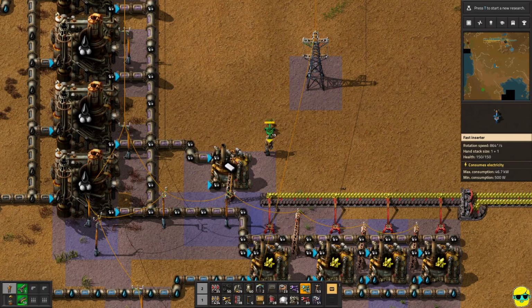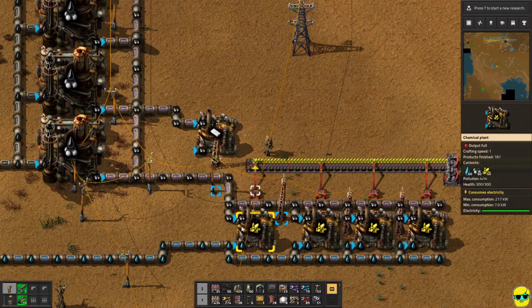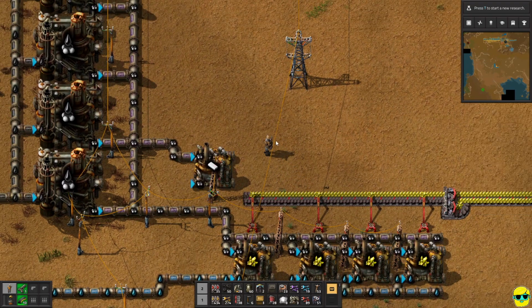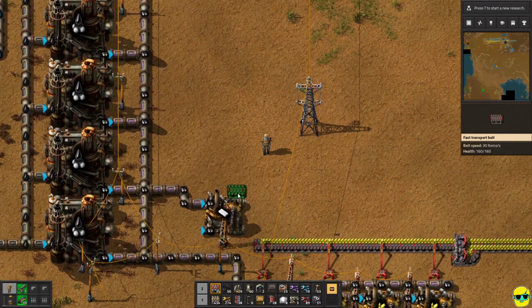All right, so we're going to be continuing off where we had begun our progress here with working on our oil processing facility, and we've got sulfur happening, and now we need to get plastic happening. So to do that, it's going to require the work of better belts and coal, and then plucking off